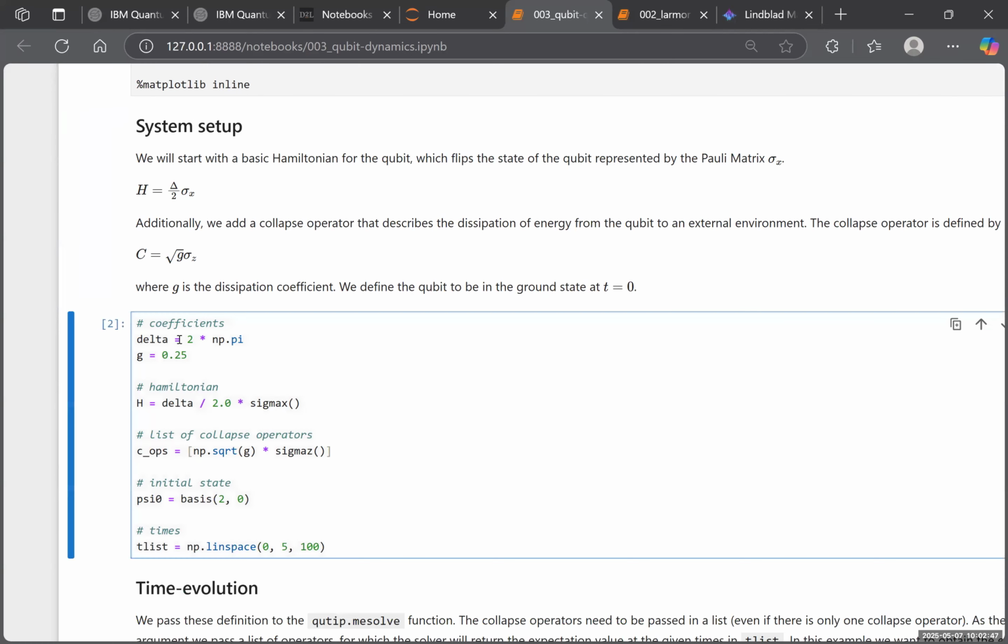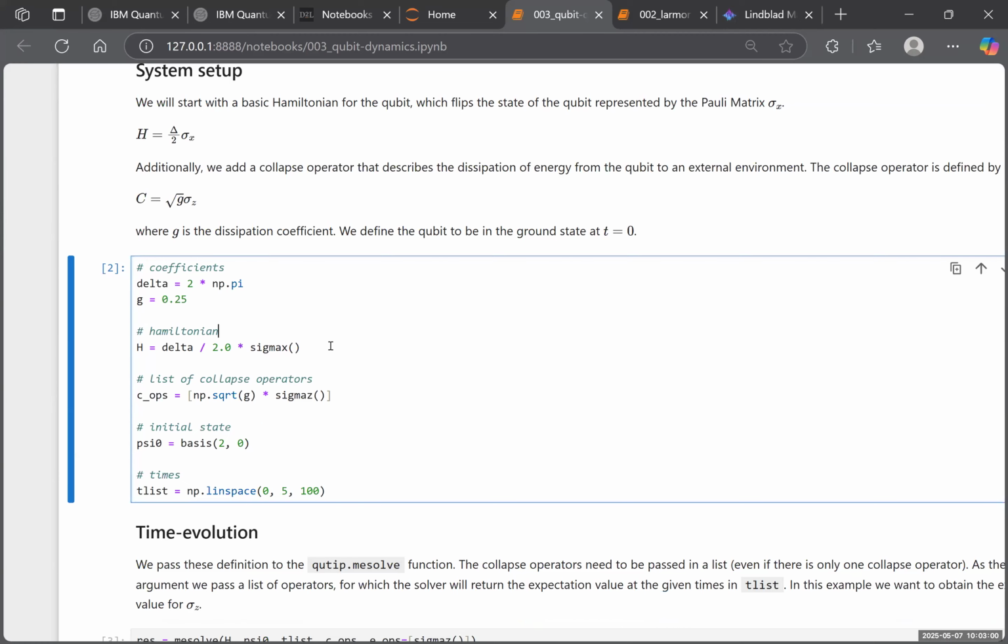Okay, so we're setting up, this is the energy delta. G is the rate or the strength of the environment. You set up this, and these are collapse operators. So that's why they use C up, square root of G times sigma, and it starts with the state in 0,